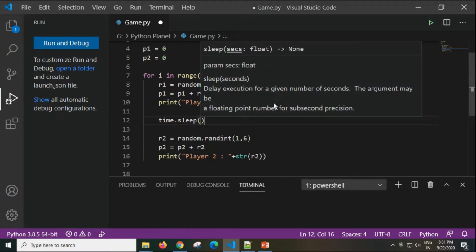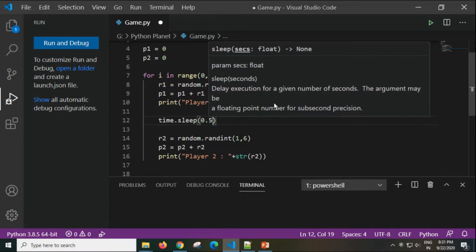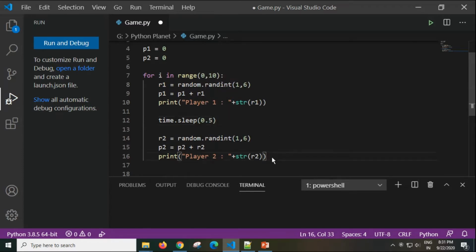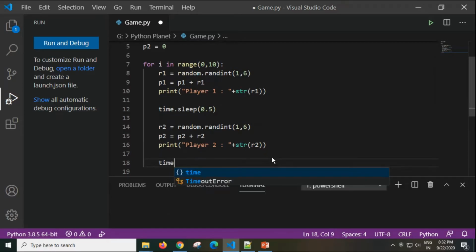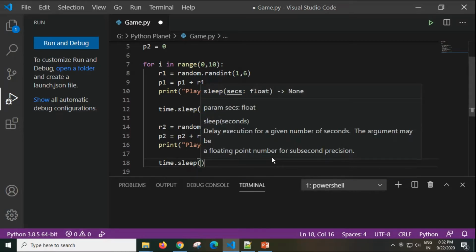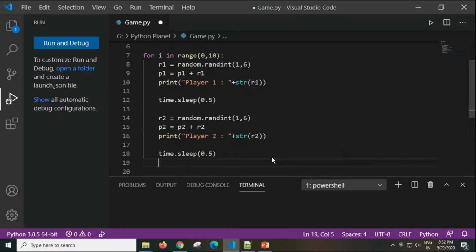The sleep function inside the time module takes number of seconds as the argument. Because I want the pause to be of half a second, I will pass 0.5. Again, here also I will pause for half a second by passing the value 0.5 inside the sleep function.